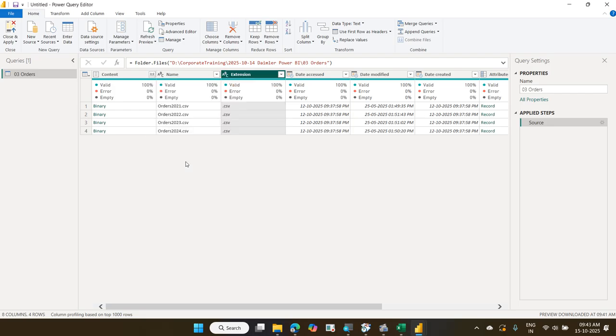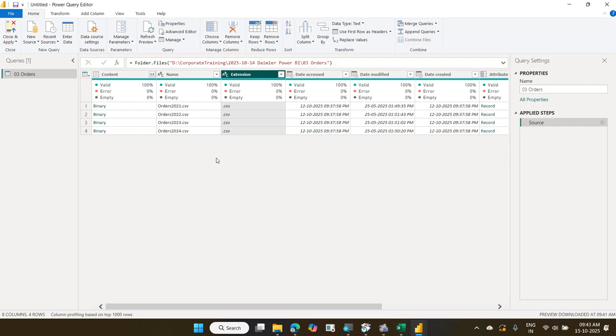I can combine Excel files too, if the columns are similar. If all the columns are similar, you can combine Excel. You can combine text and CSV, PDF and CSV, anything, if the columns are similar. It should be similar. If the columns are not identical, if you have an extra column,